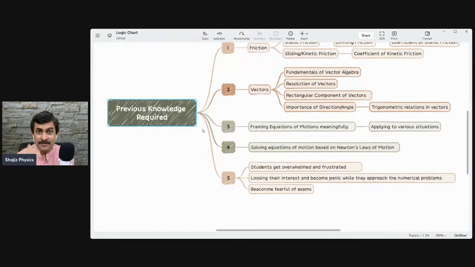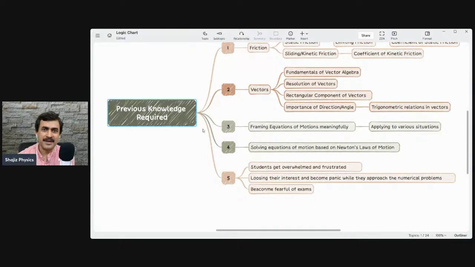On the other hand, if we are hand-holding our students in a step-by-step manner, in the correct sequential order, we are giving clarity of concepts first. We are helping them to analyze the situation. We are helping them to implement in various situations. Then we are giving numerical problems with a lower level of difficulty. Then slightly we are increasing the level of difficulty. Then any student will start enjoying the process. That should be the process.